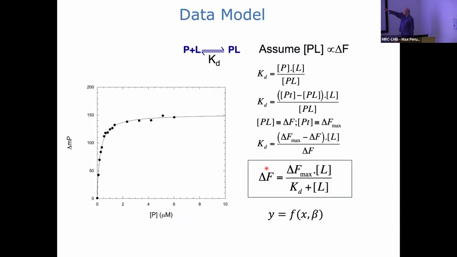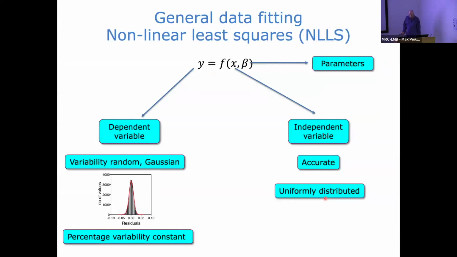So here's a data model, just simple binding, and we're going to assume that the change in fluorescence is directly proportional to the concentration of complex. Don't worry about the details here, but you're working through the KD. You're making the assumption that the change in the fluorescence is directly proportional to the concentration of complex, and that when you get to the maximum fluorescence, that's going to be equal to the total amount of protein that you've put in. So you substitute that in and give it this kind of form, which is y equals some function of x, where x is the concentration of whatever you're titrating in, against the parameters. So in general, we do non-linear least squares fitting,